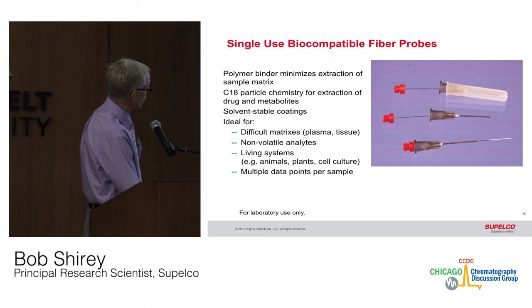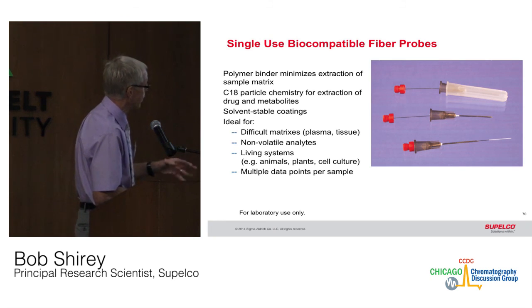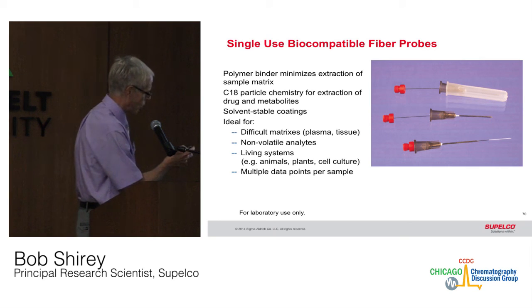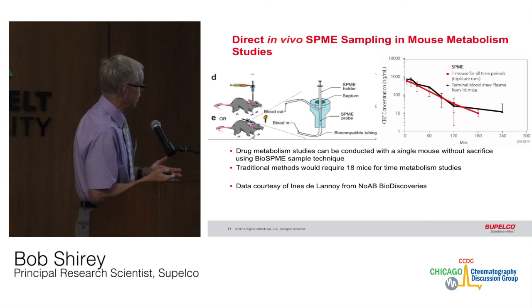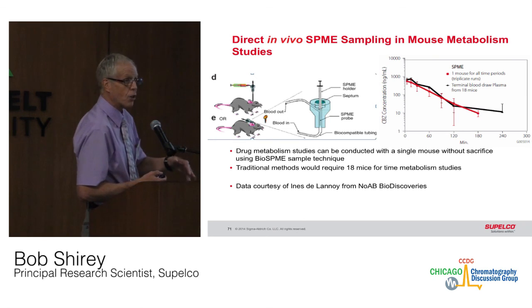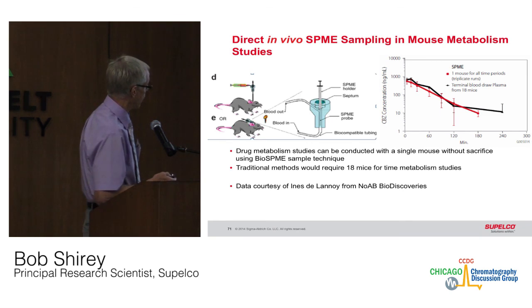After you extract the samples, you would take them over and put them into a small amount of solvent, and solvent desorb them. And then you would take those vials that contain the analytes and put them into your HPLC for analysis. This is an example where it was used in a pharmacokinetic study where they give a mouse a drug and over a 24-hour time period monitor the amount of loss of the drug versus time. And the issue with that is that they